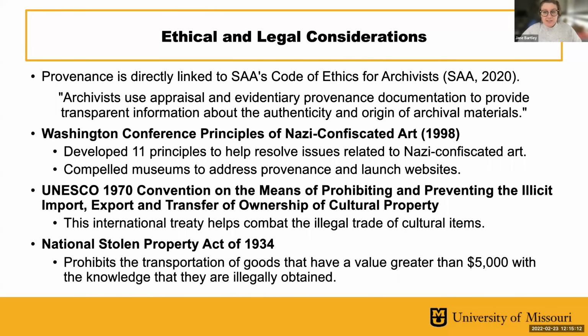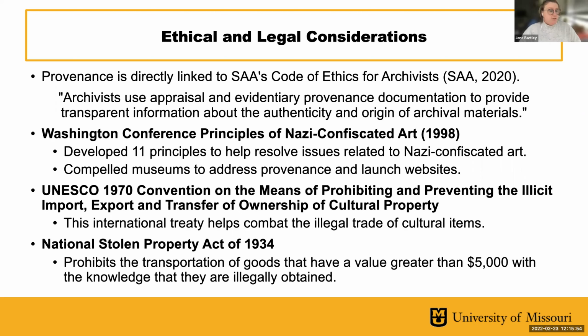All right, so I know this slide looks like a lot of text, but I really do think it's important to understand why and how provenance research is becoming more of a priority. First thing, behind everything we do, no matter the profession, there lies a code of ethics. Provenance research is no different, and it can be directly linked to the SAA's code of ethics, which I've listed here on the slide. Provenance allows us to be transparent about the objects in our collections, not only how we acquired them, but where they came from in the first place. This transparency is really important because it not only instills trust within each other in the field and the profession, but it lets our patrons instill trust in us.